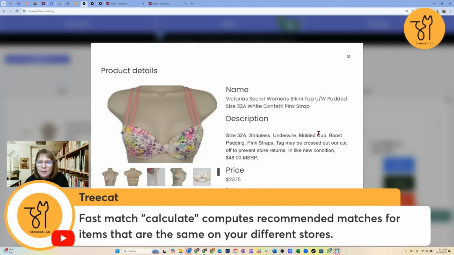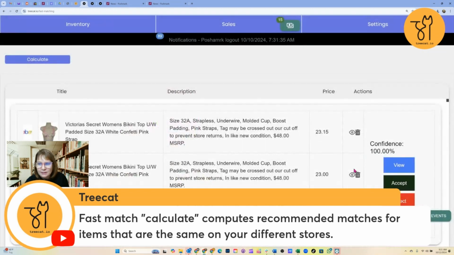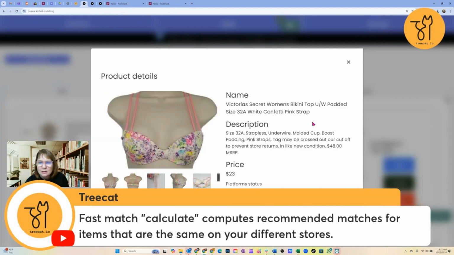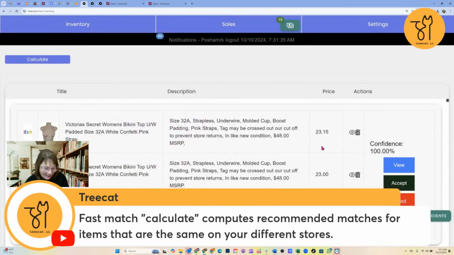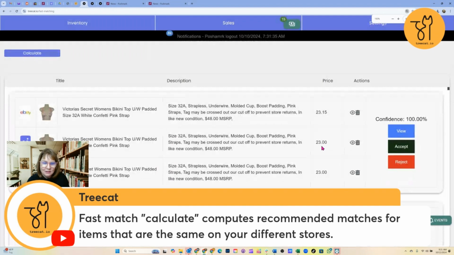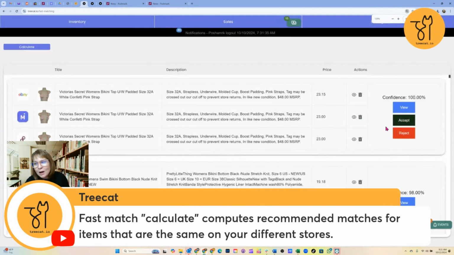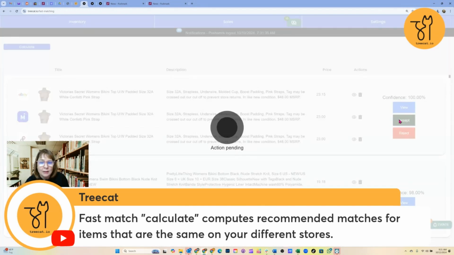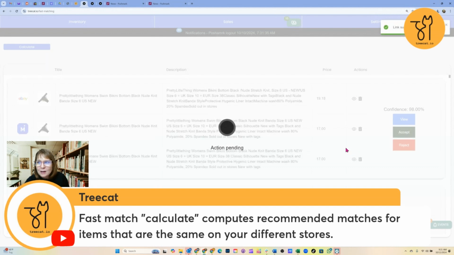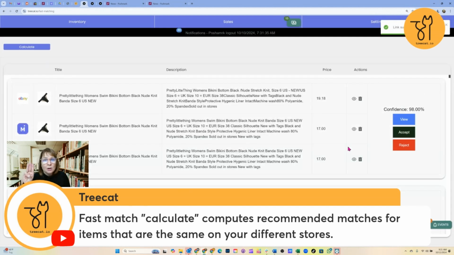You click on that eyeball, and it shows you all the details of that listing. Same with this one. This is the Mercari listing, and it tells me all the details of that listing. I know that these need to be matched together, so I simply click the accept button, and it accepts the items as a match. The items are then linked together. So if one sells, the other two get recognized as part of that match and get taken down,